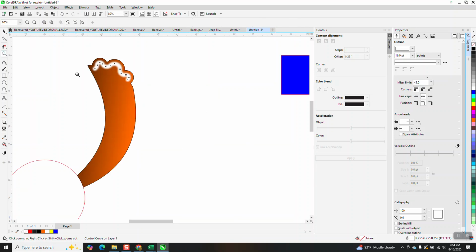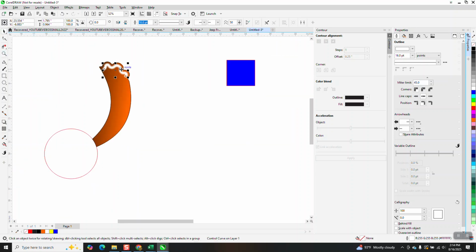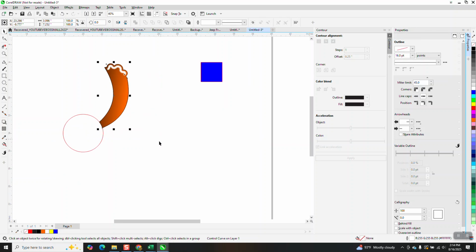Maybe not that cool, but kind of interesting. And maybe just give you an idea. Now we can group that together. And then Alternate C to have it rotate from the center. And we'll open up our